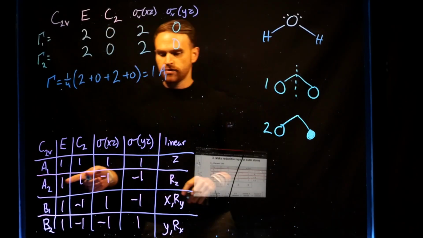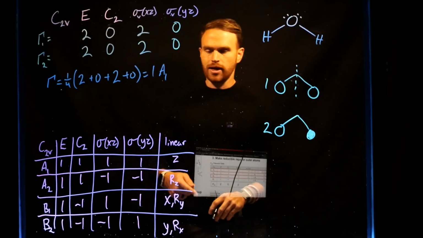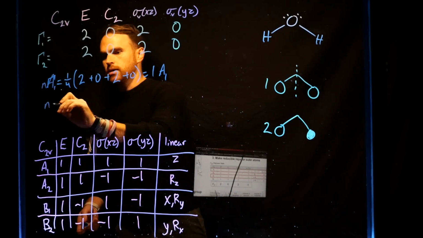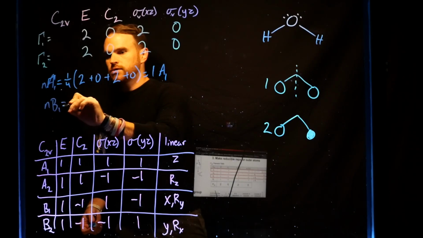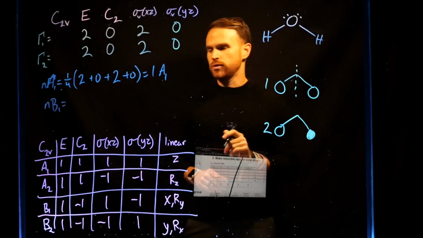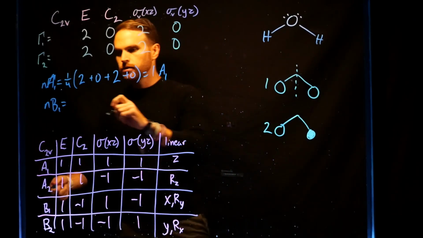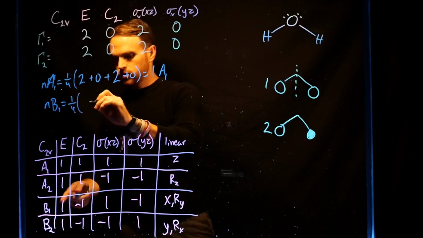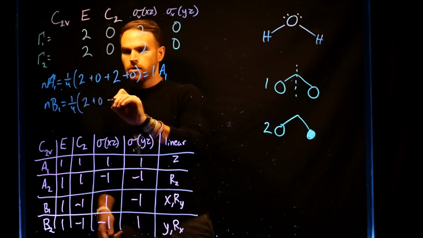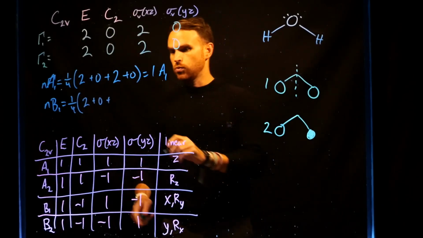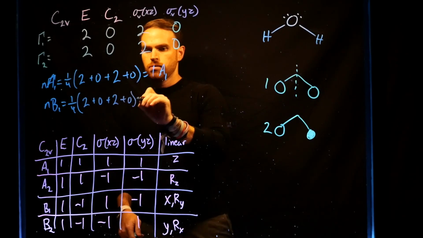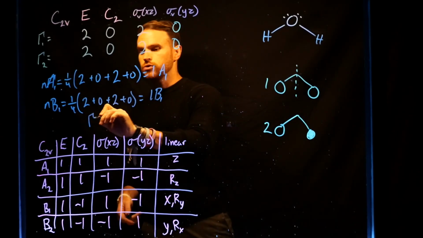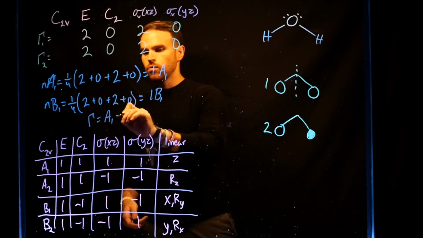And now if we were to do this for all the other ones, we would see that there is no A1. And because I already know this, if you did it for A2, I promise you that it equals 0. And then let's do it for B1, because I know that that one is also present here. 1 times 2 times 1 plus 0 plus 1 times 2 times 1 plus 0. And again, this gives us 1 B1, which means that overall, our reducible representation is equal to 1 A1 plus